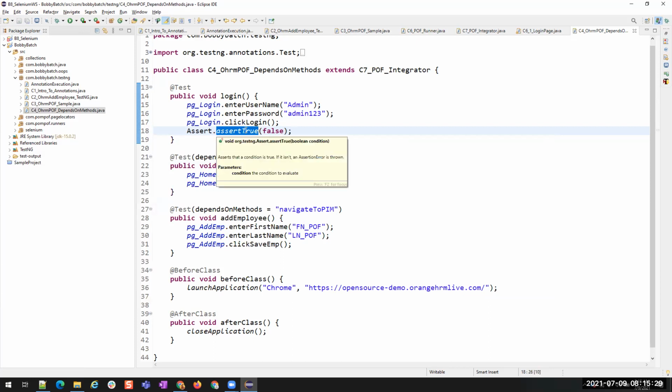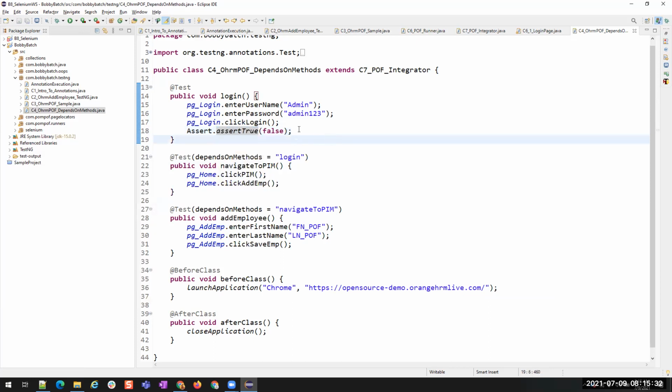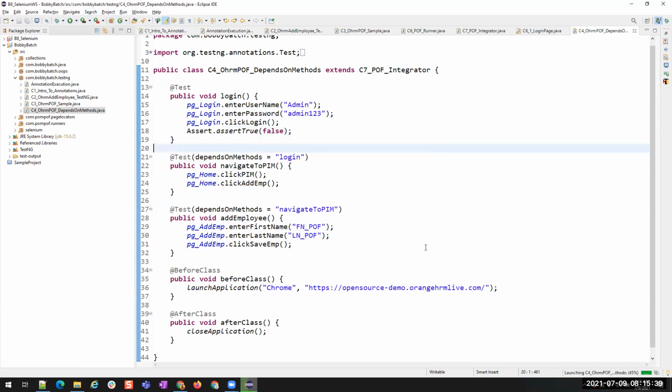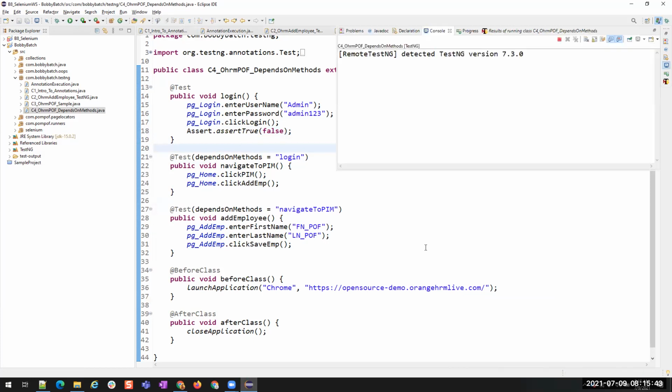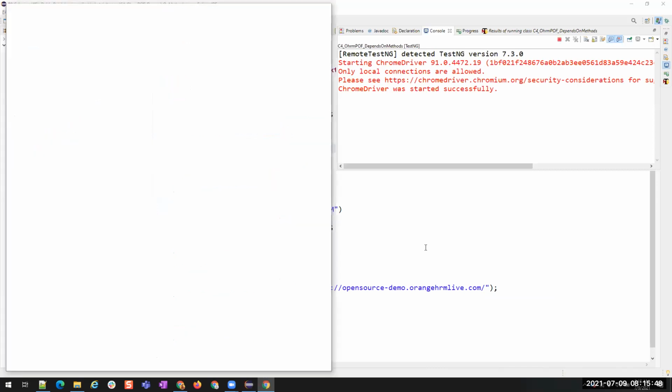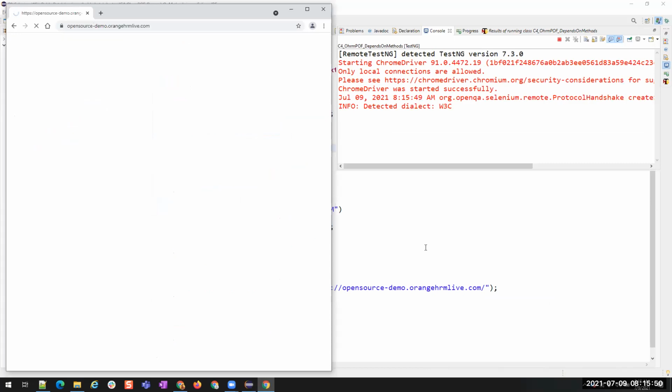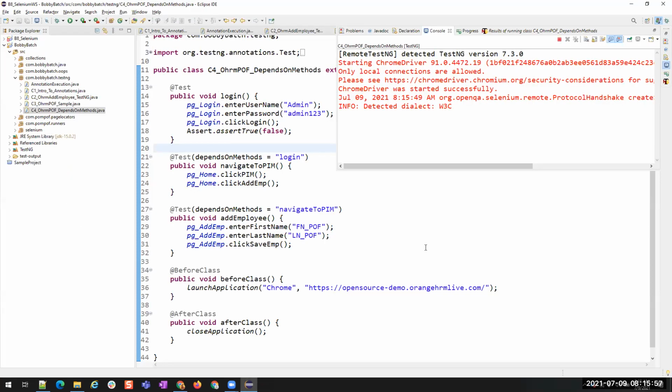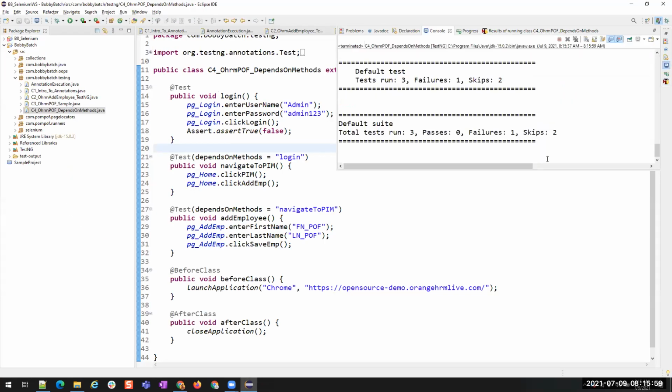I'm checking whether it is true, but I'm passing false. Intentionally failing this method. Now that's what happens. Login method will be failed and the rest two methods will be skipped. Done. You see, one method failed and two methods skipped.